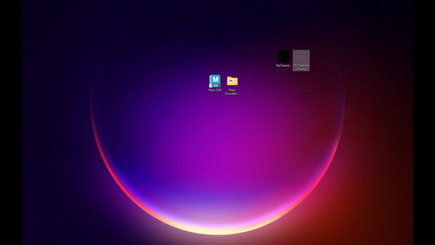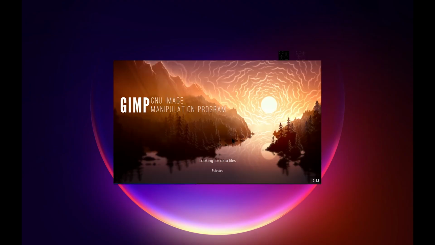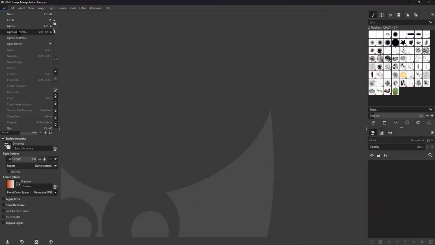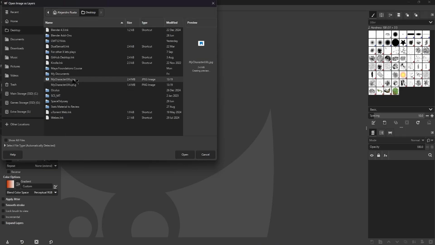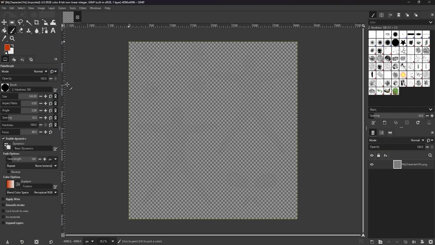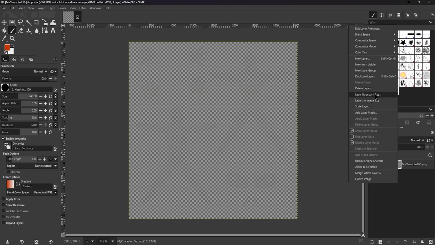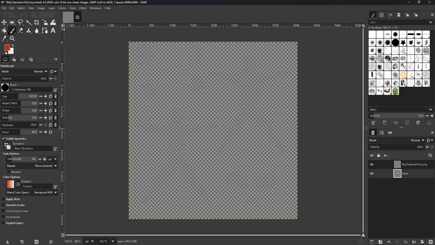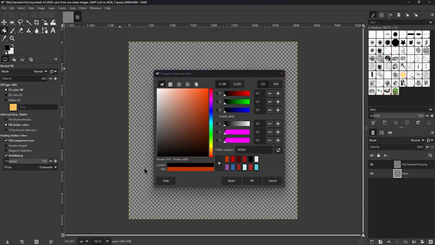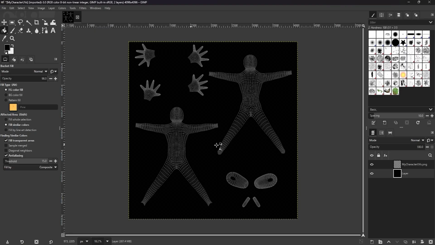And at this point, we can put them into other programs, like I'm going to go ahead and open up the open source program GIMP, which is sort of an open source version of Photoshop. And let's go ahead and open as layers. And let's go to desktop. Let's find my characters. I'm going to use the PNG one since I'm more partial to it. And I'm going to add in a layer here so we can properly see it. This layer I'm going to fill black so we can properly see our UVs, which is similar to what the JPEG automatically does,